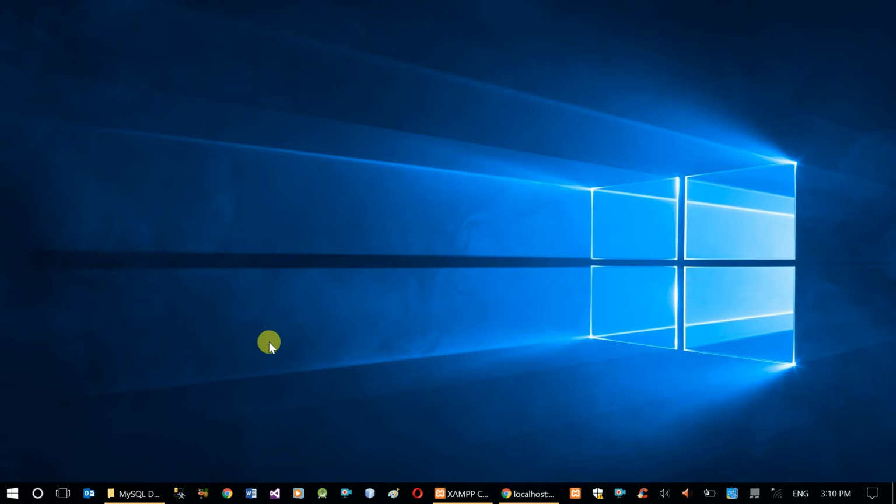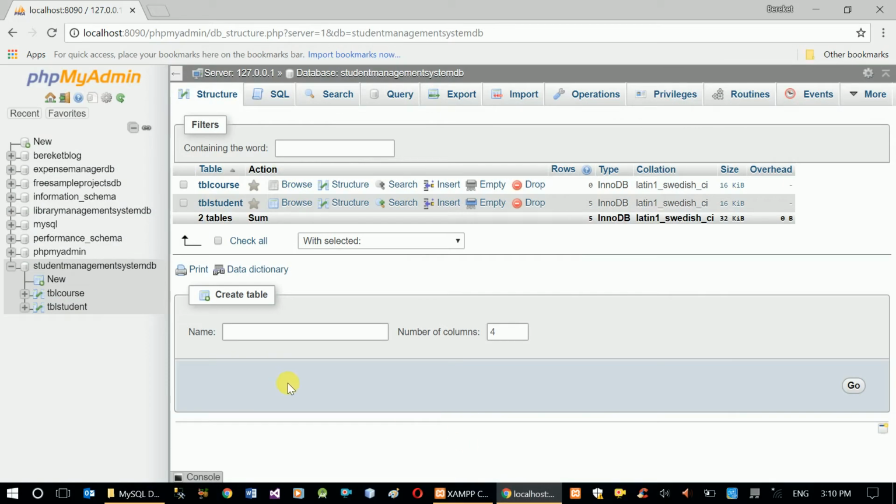In this tutorial, we'll see how to manage relationship between multiple tables in our MySQL database. So let's see the database we already have. We have Student Management System DB, and we have two tables: list of students and list of courses. Now, if you want to bind those two tables,